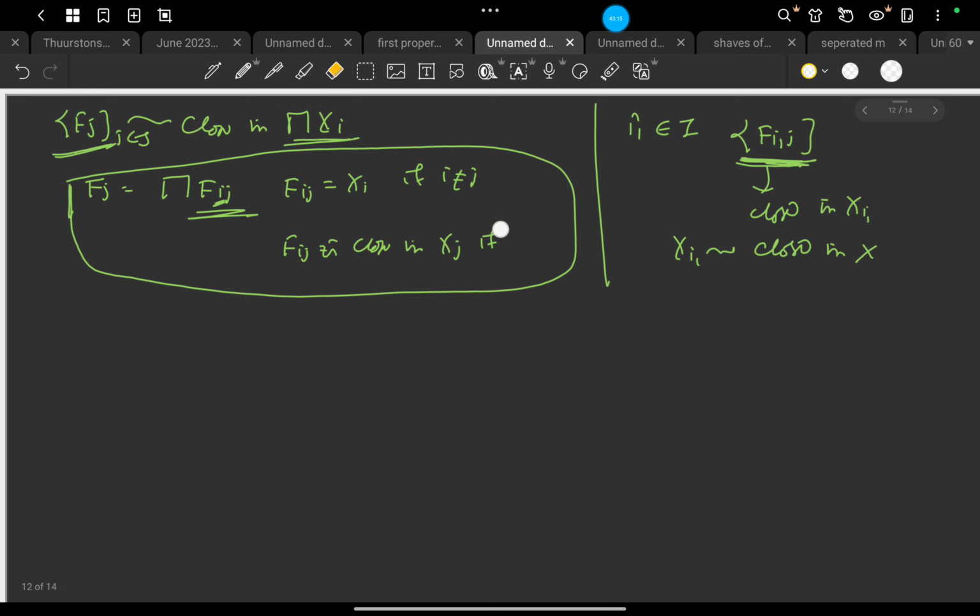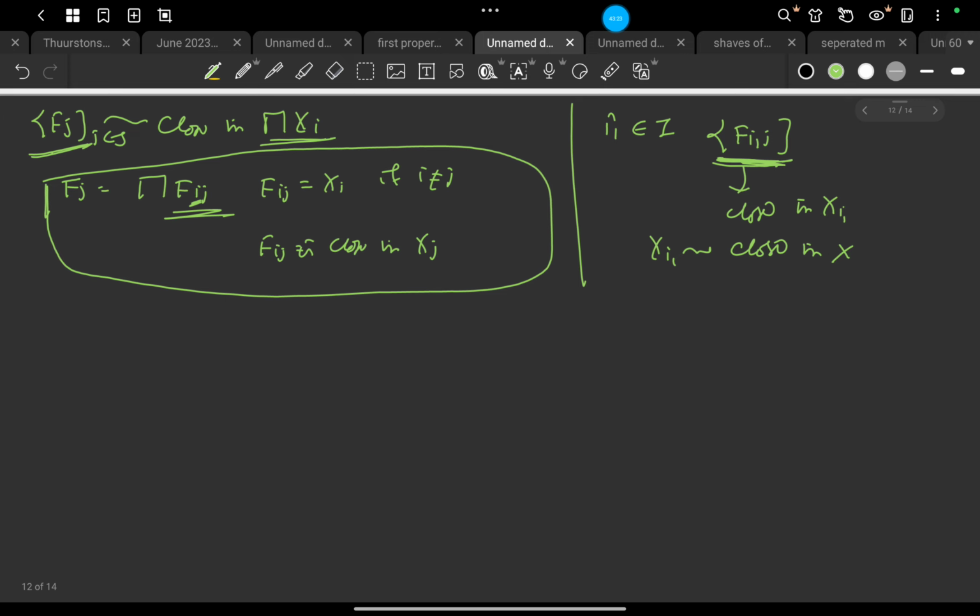And in any of the cases, F_ij is closed in X_i. Yes, each F_ij is closed in X_i.